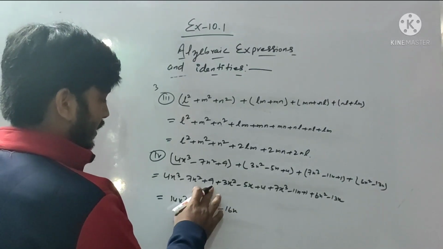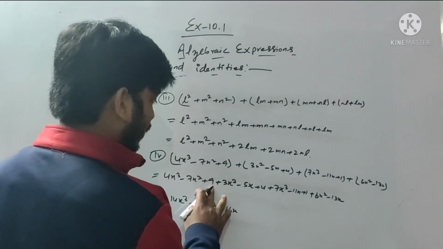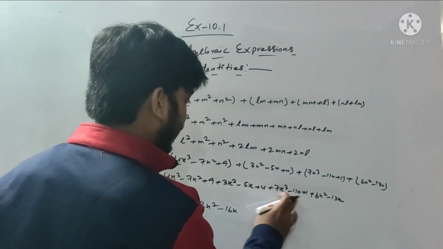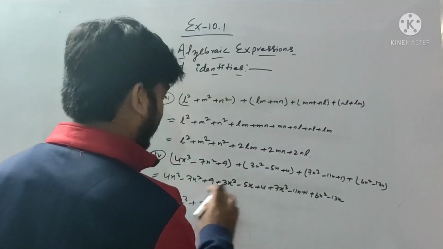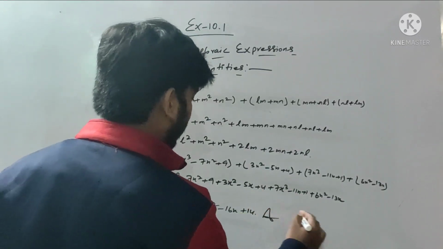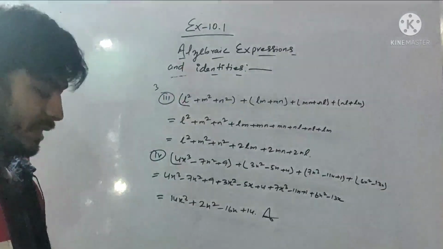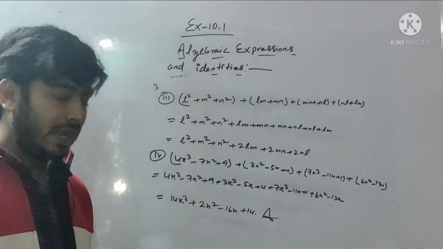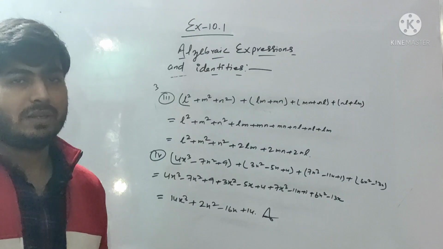Now here this is 9, and this is 4, and this is 1. So 9 plus 1, that is 10, 10 plus 4, that is 14. So all my dear students, this will be the right answer for question number 3. I hope everyone understood very well. Okay.